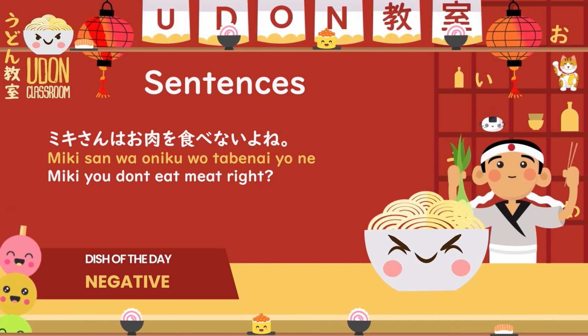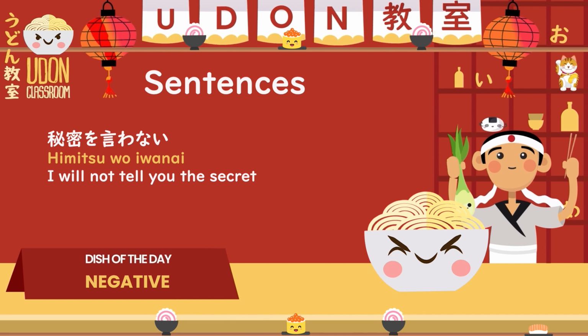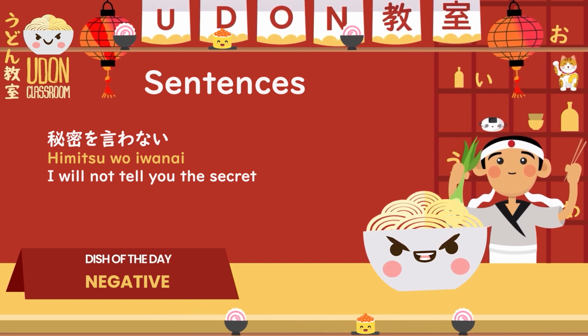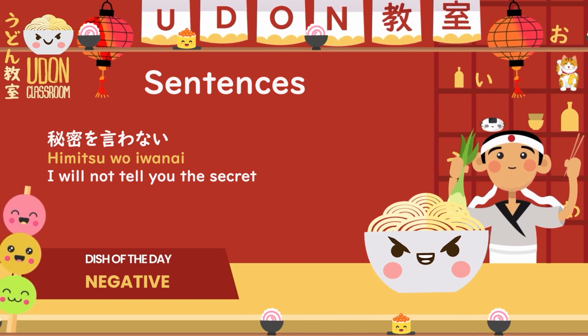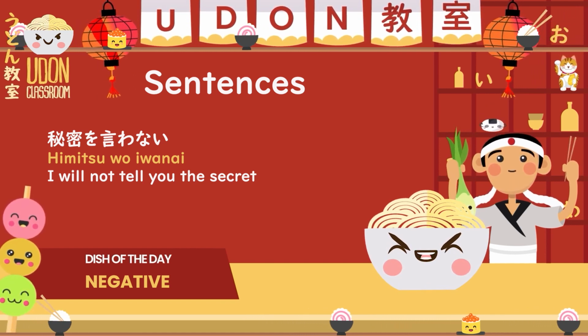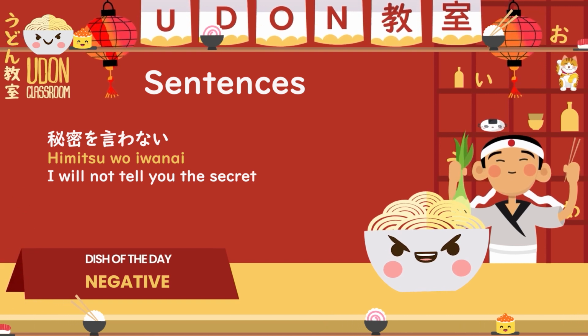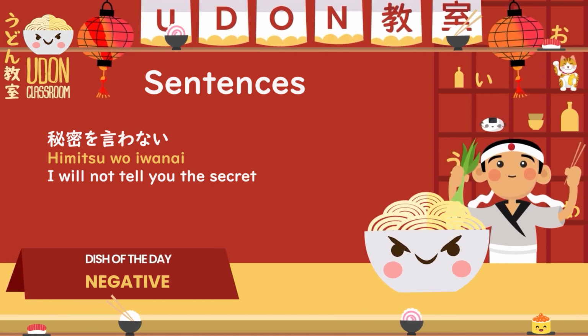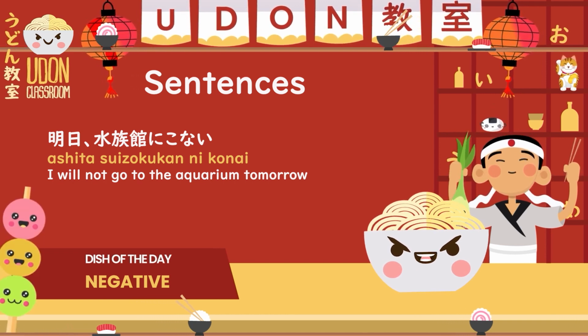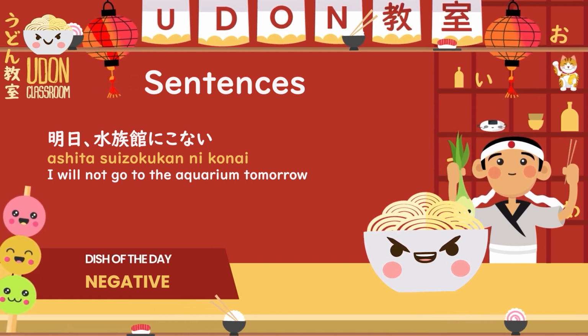to not eat. 秘密を言わない。So I will not tell you the secret. 秘密 being secret, 言う being to say, and then 言う in the negative form becomes 言わない because we take off the u and add わない. So 秘密を言わない。Next we have 明日水族館に来ない。